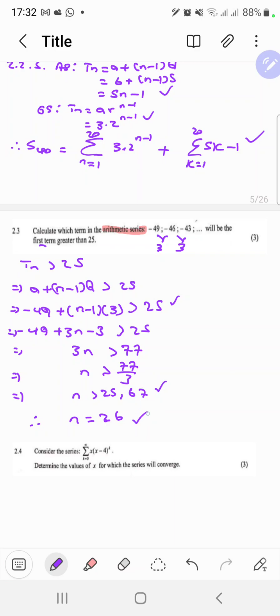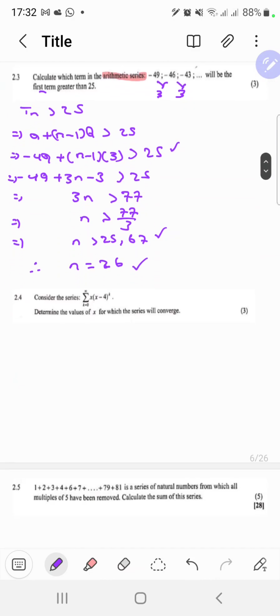Maybe getting that and then eventually solving it properly. So that is it. We move on. So that was a simple one. Nothing major there. Now it says consider the